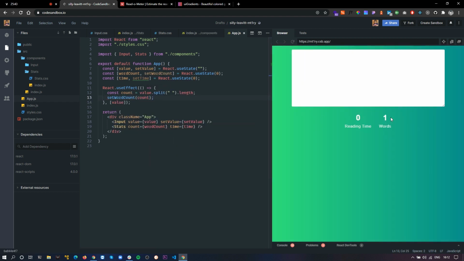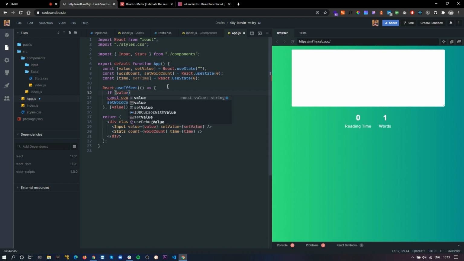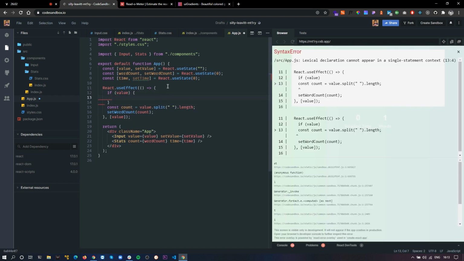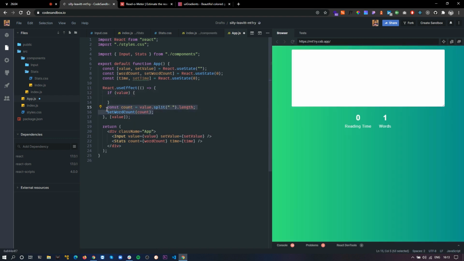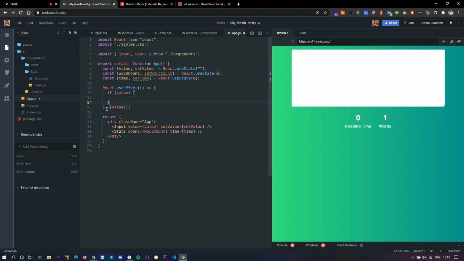So right now it says one words, and that is because initially the string is empty and it tries to split it. So the length of the array is 1 right now. What we can do is wrap this with an if block, so it should not run when the value is empty.